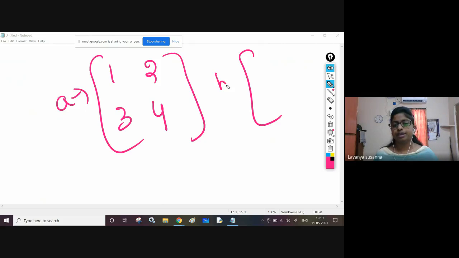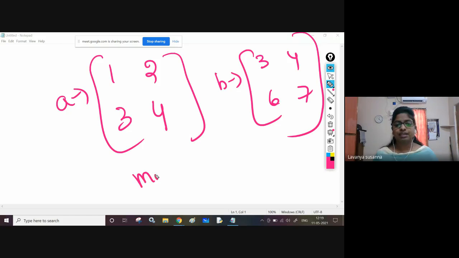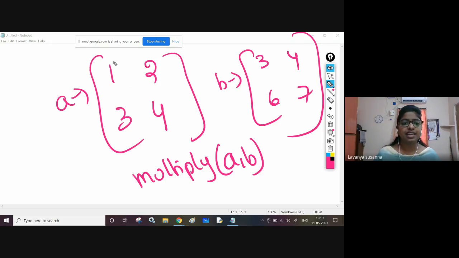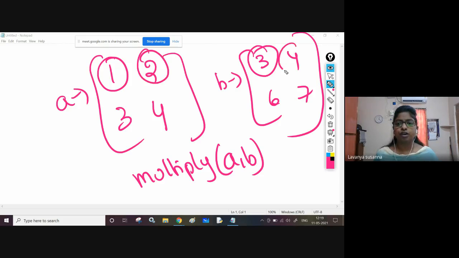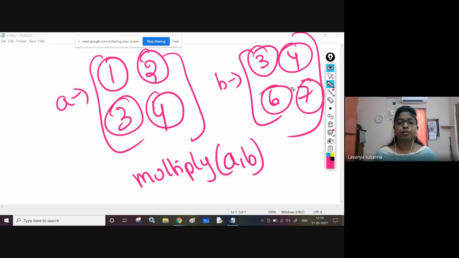A, B, something like 3, 4, 6, 7. Multiply of A comma B means it is going to multiply each and every element like this: 1 into 3 and 2 into 4 and 3 into 6. Like this, each and every element it is going to multiply.